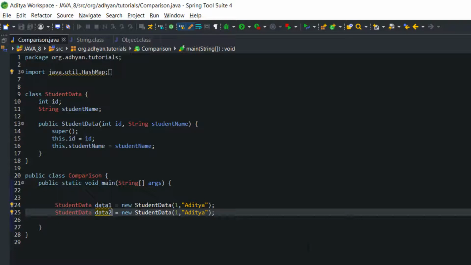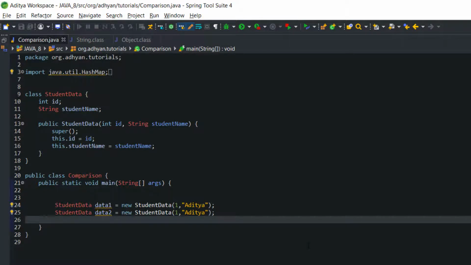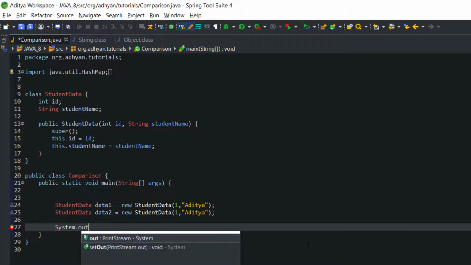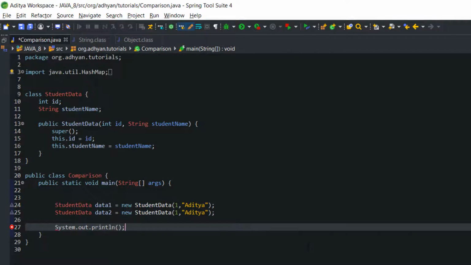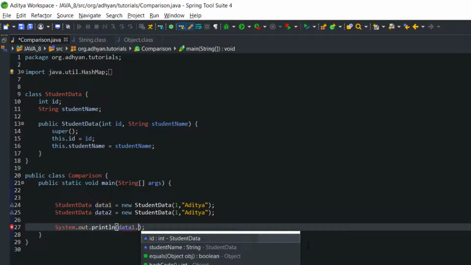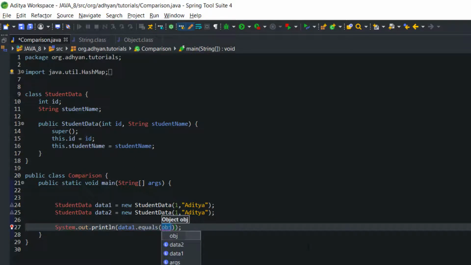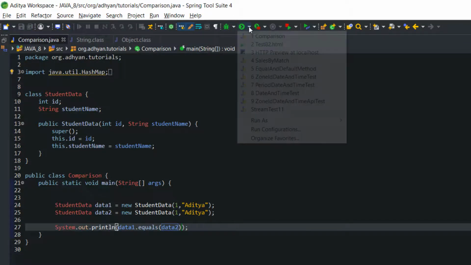Now I will compare data1 and data2 with the help of the equals method to see what will be the result. Let's execute the code.